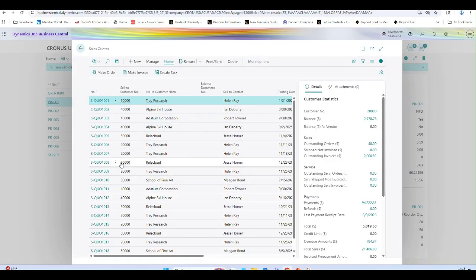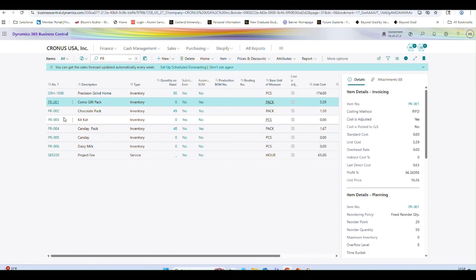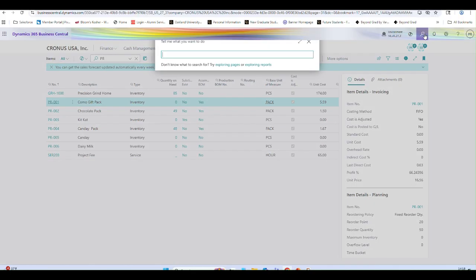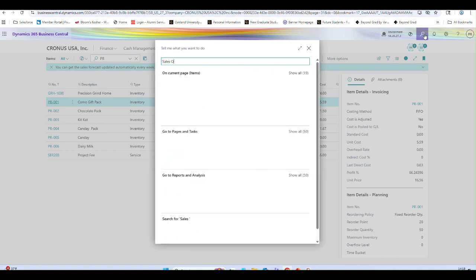Now we can look at another item, which has the assembly to stock policy. So can we create the assembly quotation from the sales quote where the assembly policy is assembly to stock? Yes, we can create it in the system, but normally that practice is not used in business scenarios, so people are not using it, but we can create that. So let's go into the sales quote,